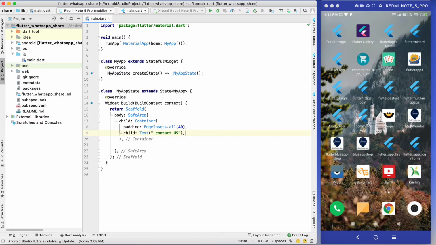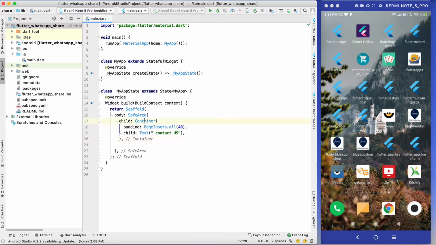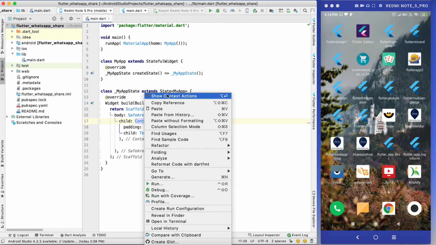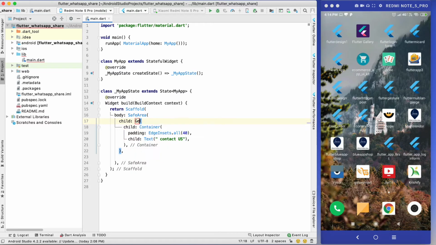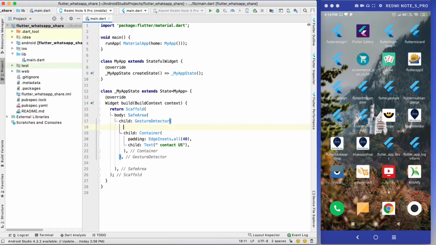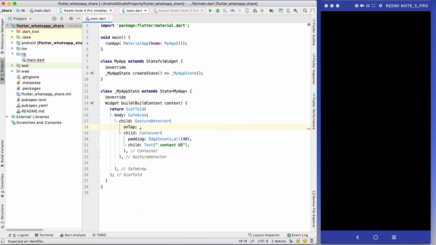And I am going to wrap this text widget, or directly this container, with a GestureDetector widget. You can use a button or any other widget to make the on-click event, but I am using a GestureDetector right now.